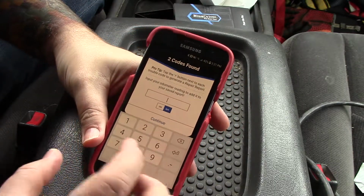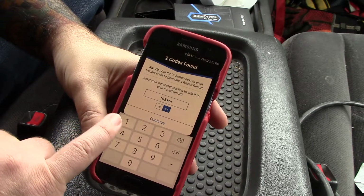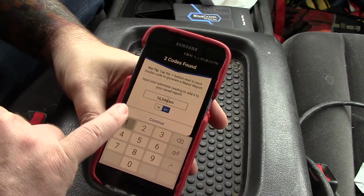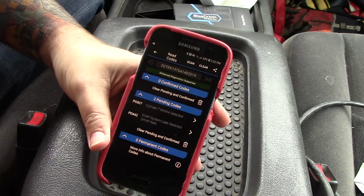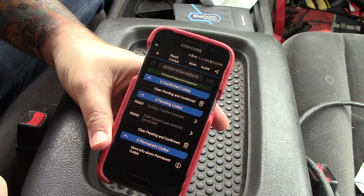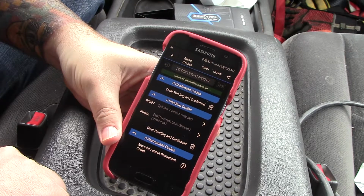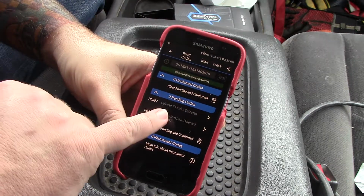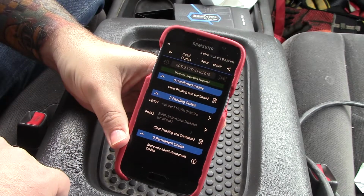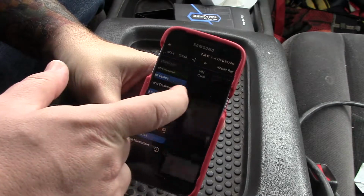And the odometer on this truck is 165,461 kilometers. Continue. So we have 2 pending codes. We have cylinder 7 misfire detected, and we have an evap system leak detected, in brackets, small leak. So, the evap,